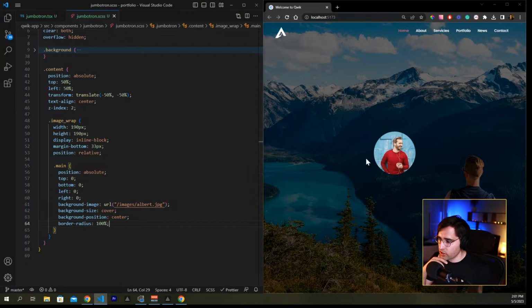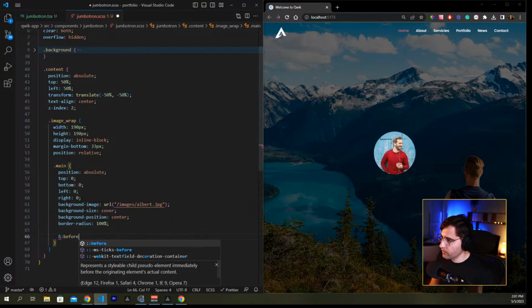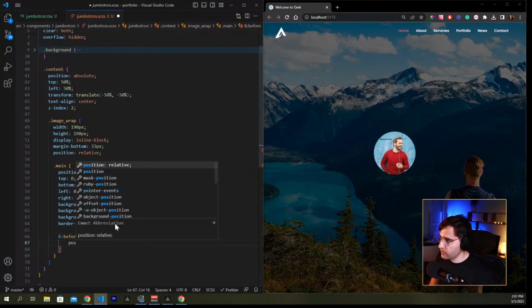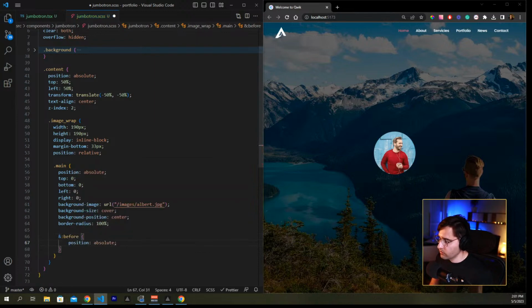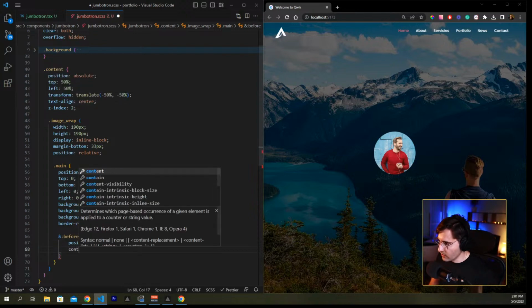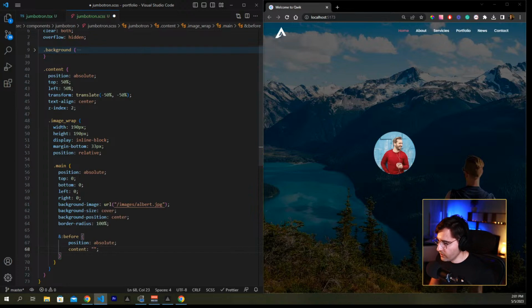And now I want to add a circle around it. So what we can do is we can add a before element, and we can set this one as well. Position is absolute. And in order to create it, we need to pass in a content. So let's add a content as empty string. And I want to set top to be -8 pixels, because this is going to be like the width of the actual border that we have around the image. So top -8 pixels, left -8 pixels,